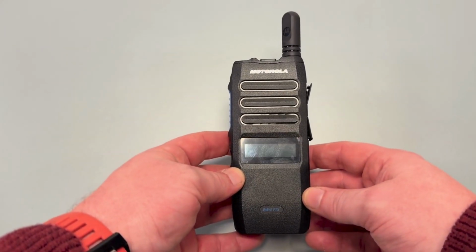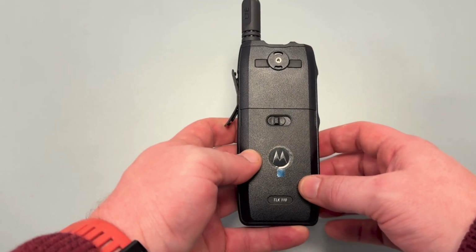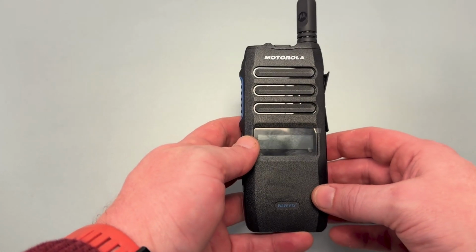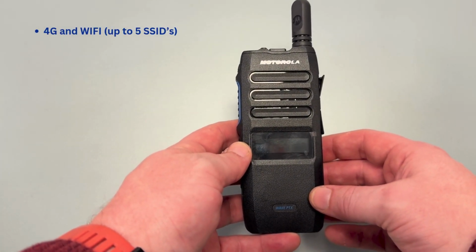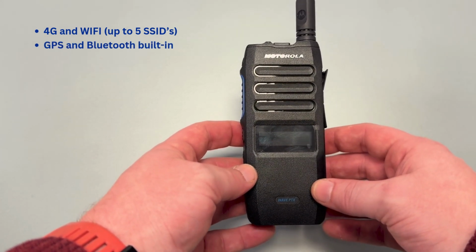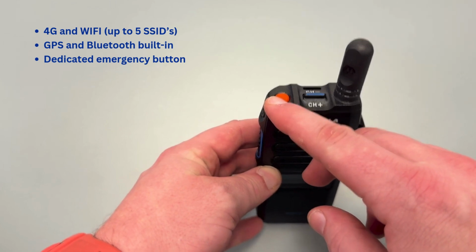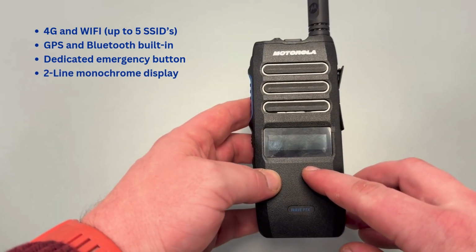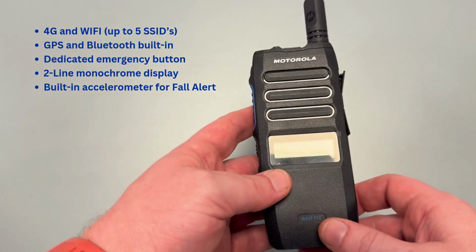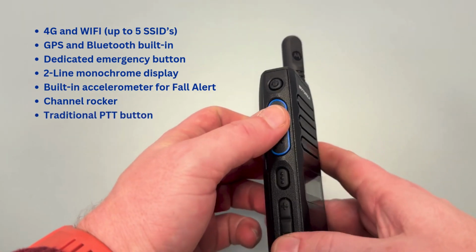this is the TLK110, designed for you and built to last, flexible, reliable and rugged, 4G and Wi-Fi connection with up to 5 SSIDs, GPS and Bluetooth built in, with a dedicated emergency button on the top, 2-line monochrome display, built-in accelerometer for full alert, a channel rocker for channel change, traditional PTT on the